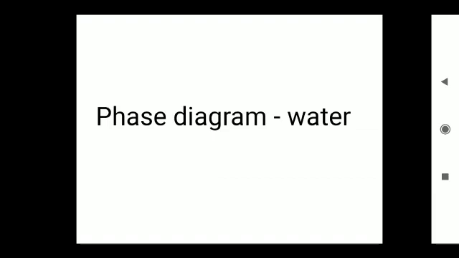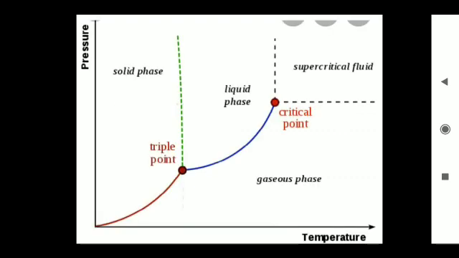To understand the properties of a phase diagram, consider water. Water is a one component system. Plot a graph with temperature on the x-axis and vapor pressure in kilopascals on the y-axis. You will observe three phases: solid phase, liquid phase and gaseous phase.